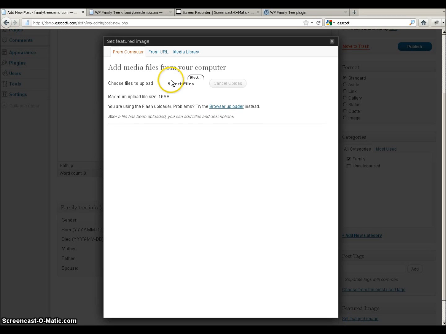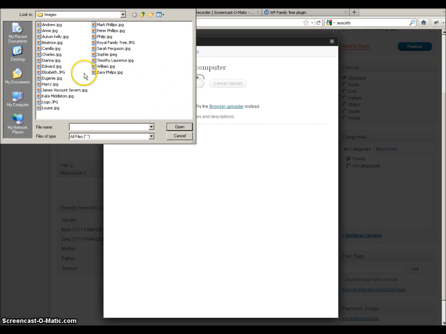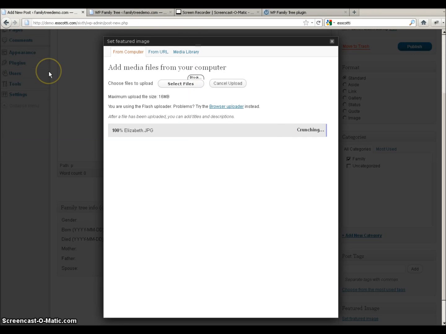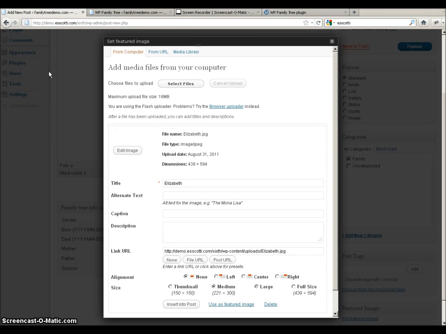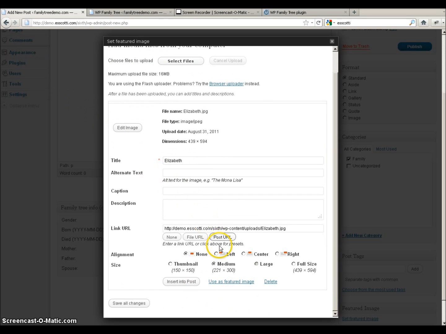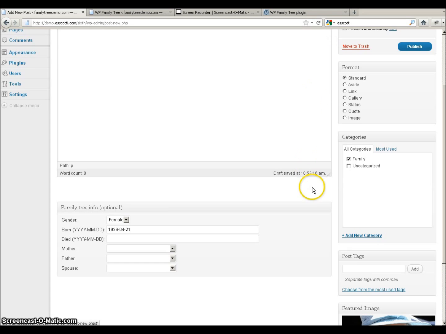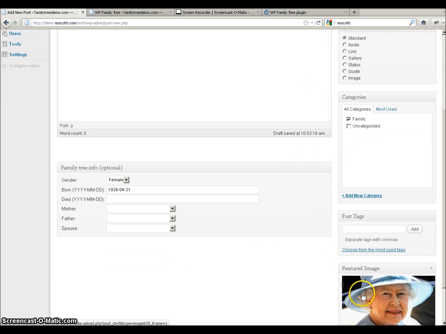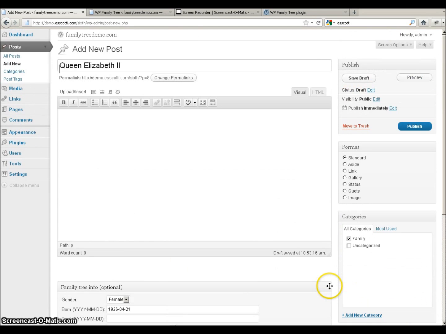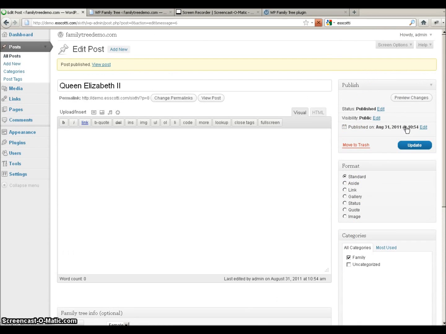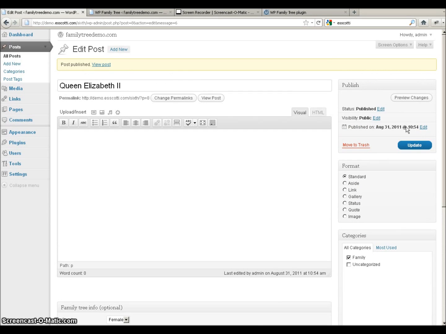At the bottom here there's a featured image icon. We just click on the text here to allow us to add an image for this person. I've got quite a few saved already, so I'll upload my image of Queen Elizabeth. Once that's selected, simply click the text at the bottom here to use as featured image. Once that's done, simply close the page down, there we go, and you should see the featured image at the bottom right there. Once you've done everything in here, just simply hit publish,